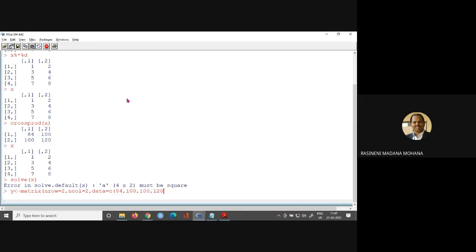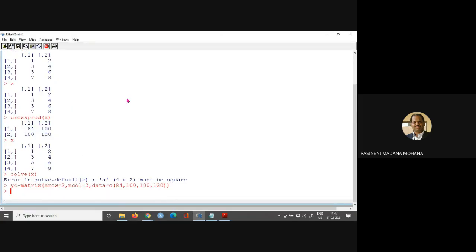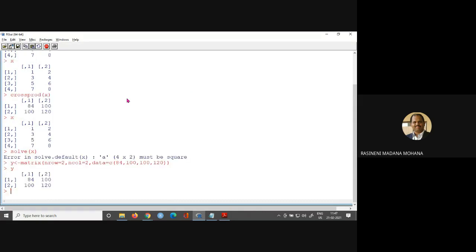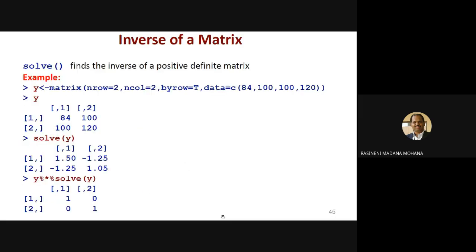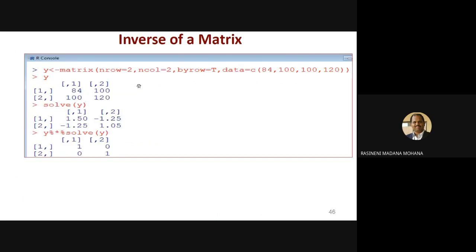You can take any values, no problem. Now you can see y is created. Now you can find the inverse using the command solve of y. So whenever you are performing matrix operations, the prerequisite conditions need to be satisfied. That is the way of finding the inverse of a matrix.